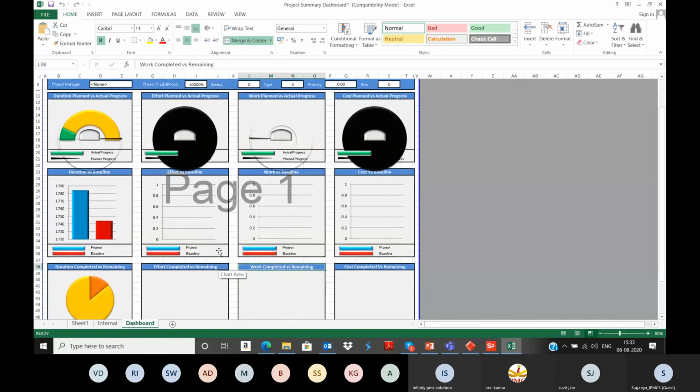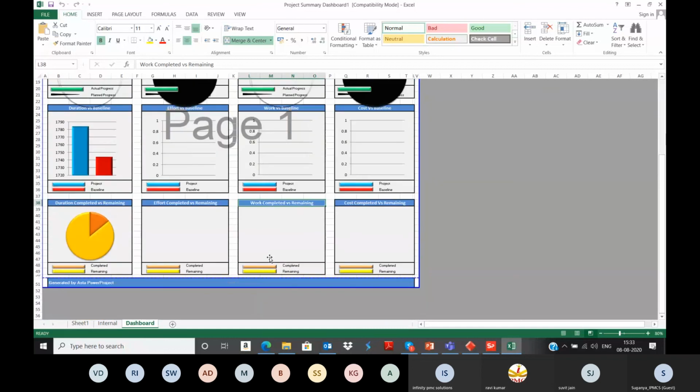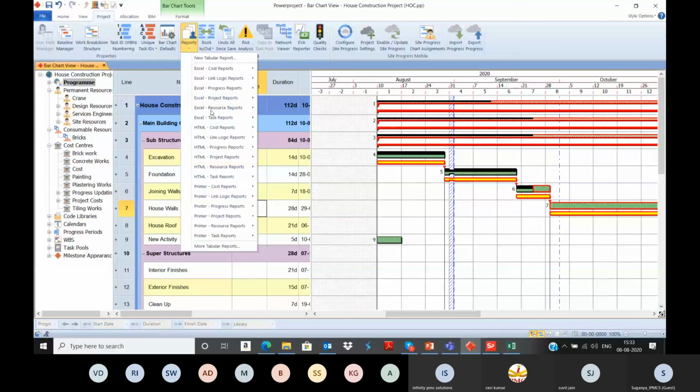So far the actuals has been completed. The green color highlighted will be the actuals. So we have updated via the cost center, not the resources. So that is why it is showing effort and work completed empty. Once you have done the proper resource management, all the curves will be displaying here. And also here in Power Project, you can run the multiple format reports, HTML and then printer based format is there. So we can customize the reports also.